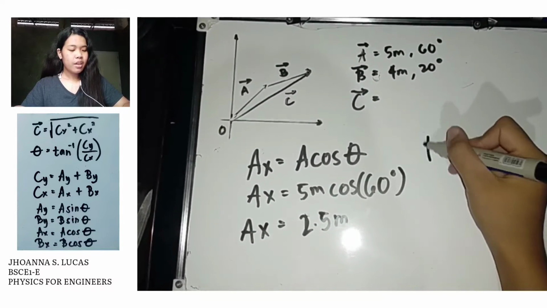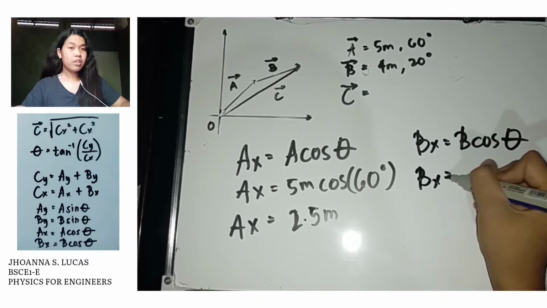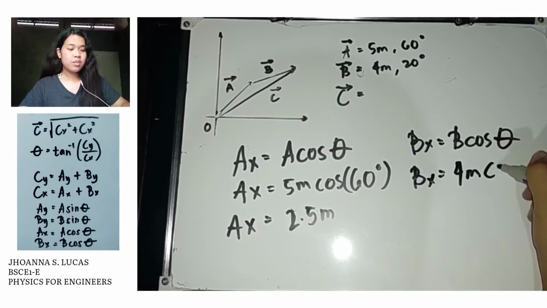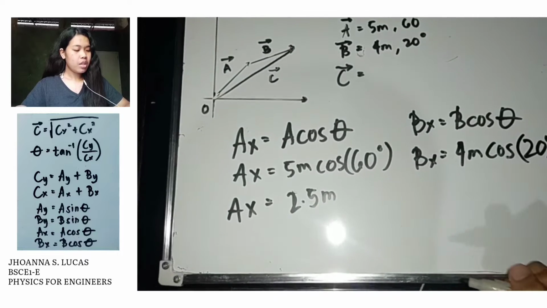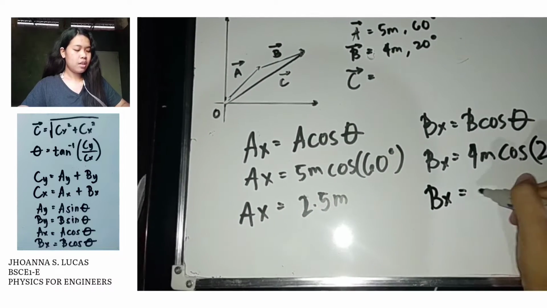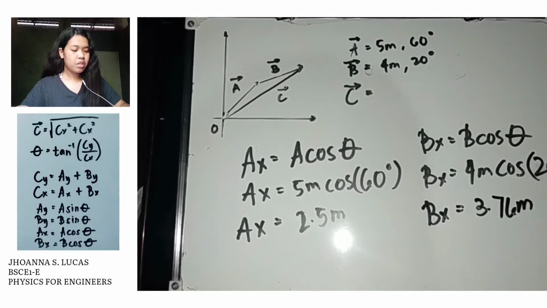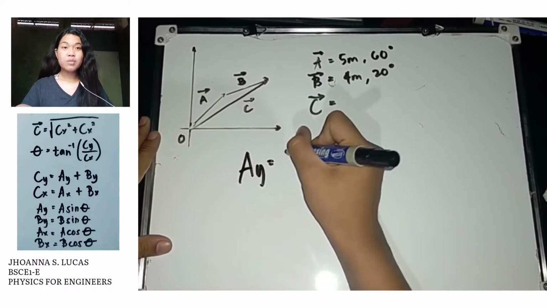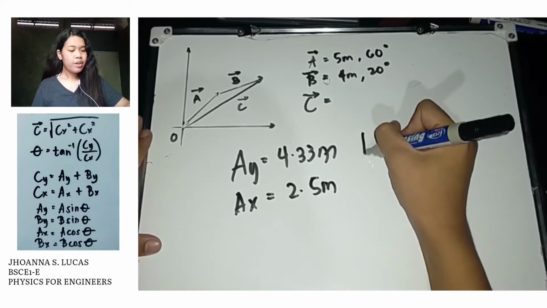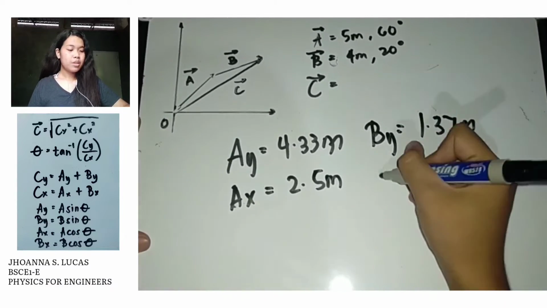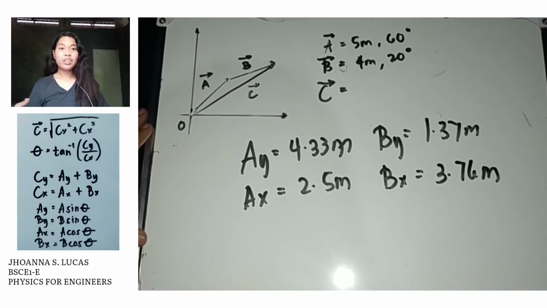And for our Bx, we have B cosine theta. So Bx is equal to our B, which is 4 meters, times cosine of this angle, which is 20 degrees. So Bx is equal to 4 meters times cosine 20 degrees, which is equal to 3.76 meters. So our Ay is 4.33 meters, Ax is 2.5 meters, our By is 1.37 meters, and our Bx is 3.76 meters. After knowing that, we can now use